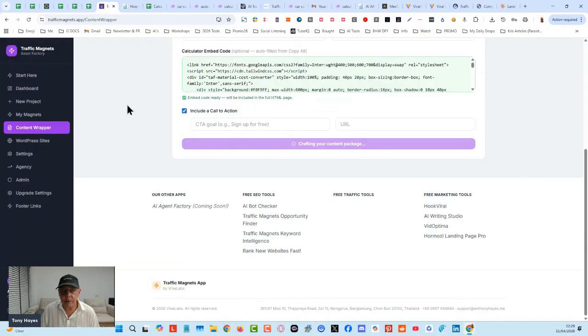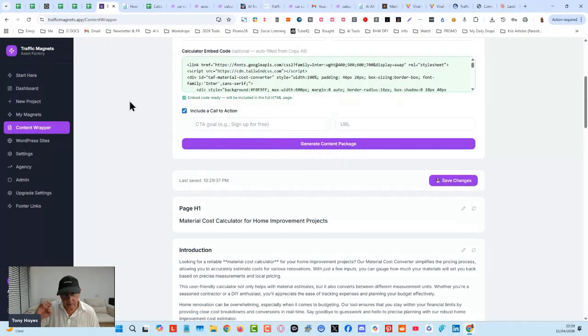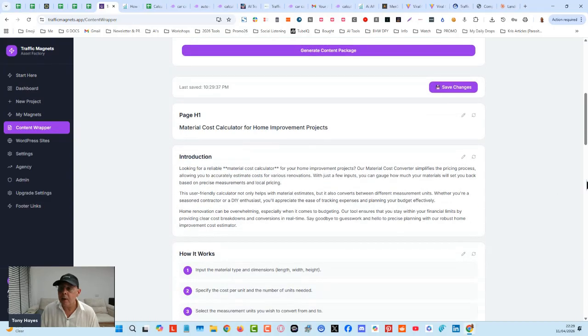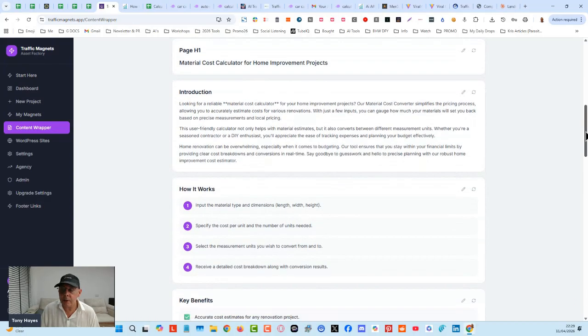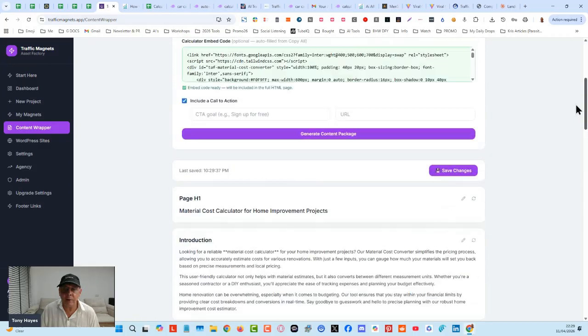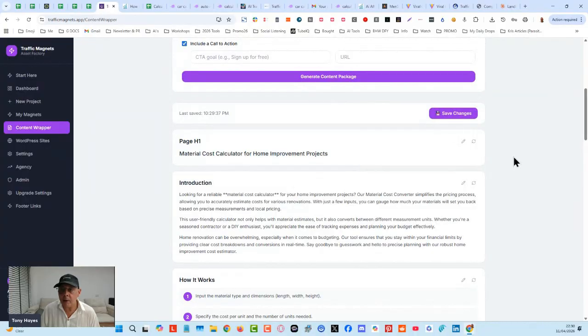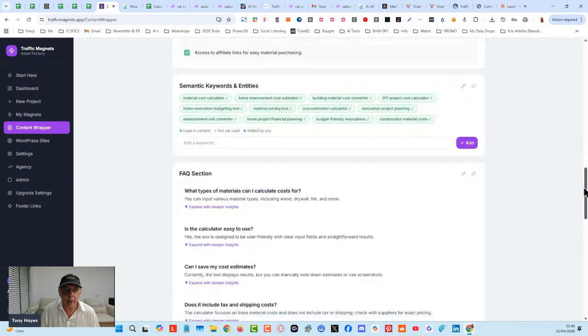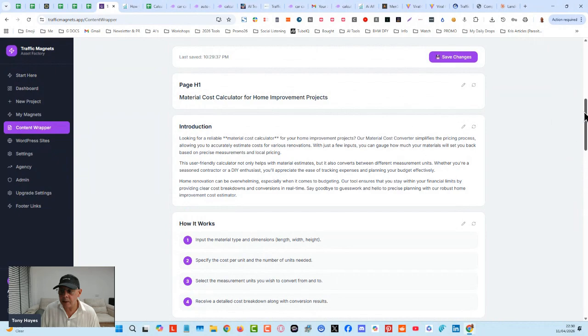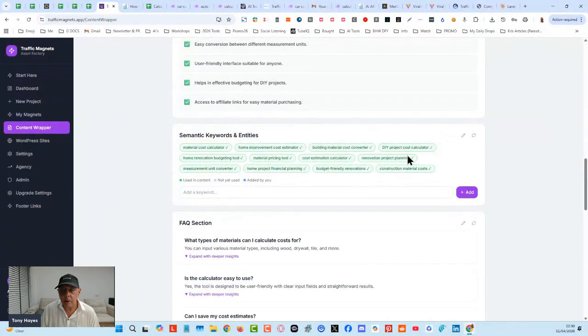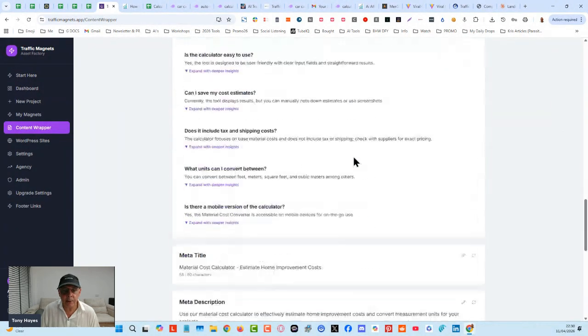Now these tools with version 1 are going to be good for just targeting specific keywords. When you start to see traffic with the version that's coming hopefully tomorrow, you're going to do better multi-step calculators. You put them in instead once you start to get traffic. That's going to make a difference because those kind of calculators are ones that people will use. The only thing you have to change when you do that is the calculator embed code. But it will do as well for this kind of stuff, for the surrounding content. All the keywords are in here already optimized for you, etc.